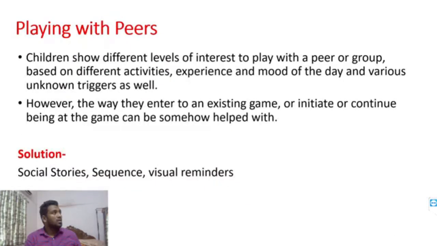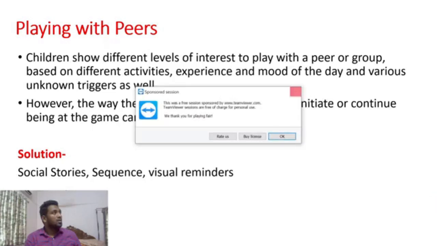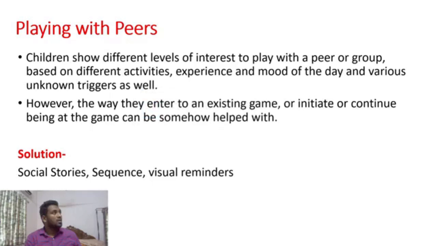Now, playing with peers, his age group or his classmates, batchmates, or neighborhood children. Different children show different levels of interest. It is not even consistent. Maybe morning mein acha khel raha hoga, evening mein he doesn't want to go with the same kids. We don't know what triggers it actually. So there are again three phases. Either children are already playing and the child is trying to enter, or the child is initiating. One child came home, your kid is here,